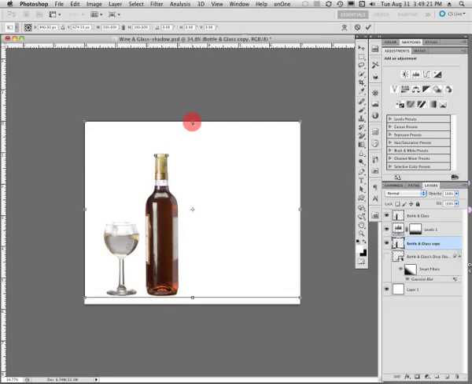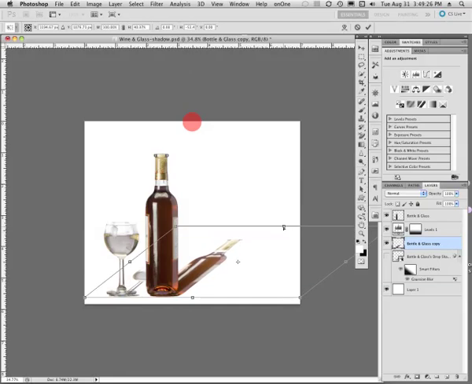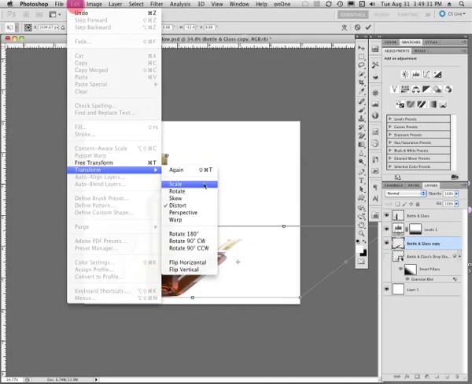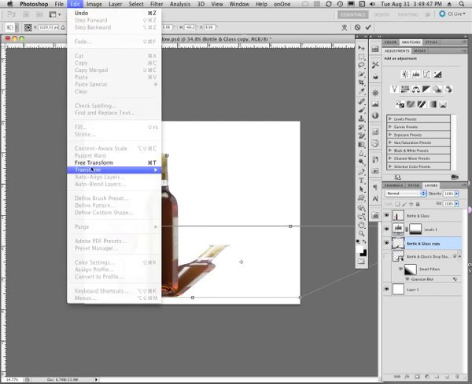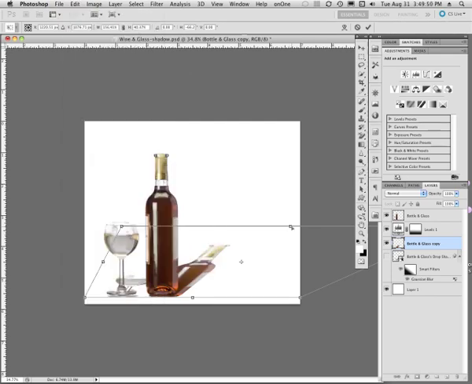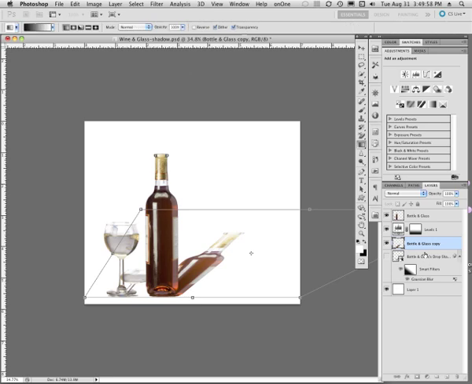And we'll take this and we'll bring this down like this. There we go. Just bring that in like that. And now we'll come over to the Edit menu again. We'll go back to Transform, and we'll get Perspective. And we'll just pull this out like this, and pull this out a little bit more like that. And let's go back in here to Distort. And then we can just bring the bottle out a little bit more like that. There we go. Okay. And now we'll